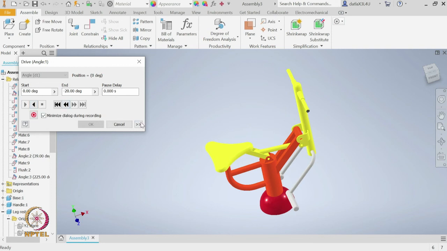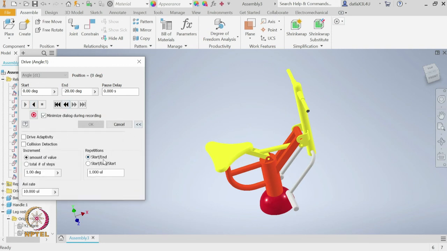Okay. I can go to more options where I can use this relationship of start and start, so that it will complete one full cycle, and here I will make it 2 steps, and probably it is being too fast. So, let me slow it down by, instead of 1 degree in each step, let us say 0.5. Let us play it and see. Okay. I can always increase the number of loops. So, let us say it is 6, so that it does it 3 times.